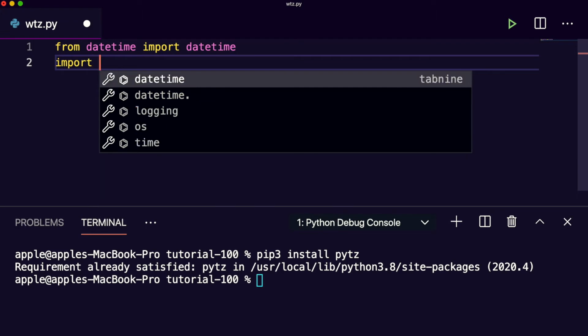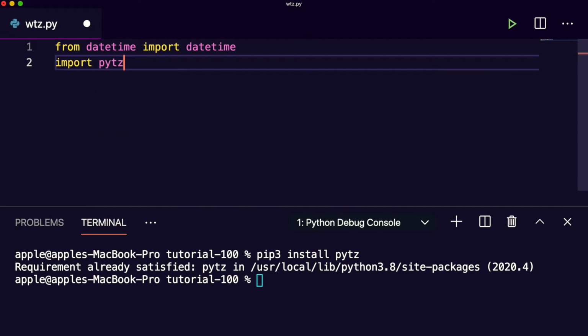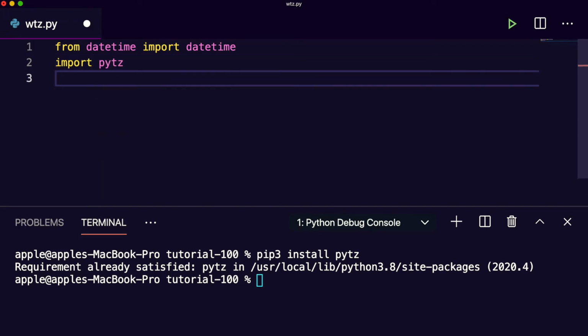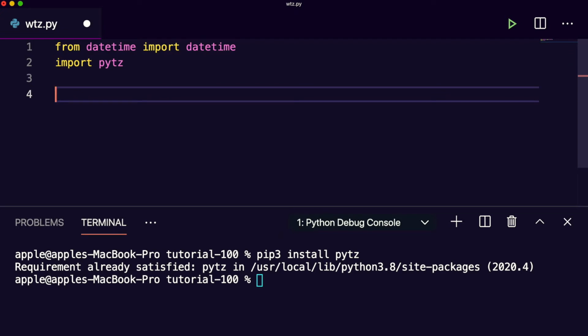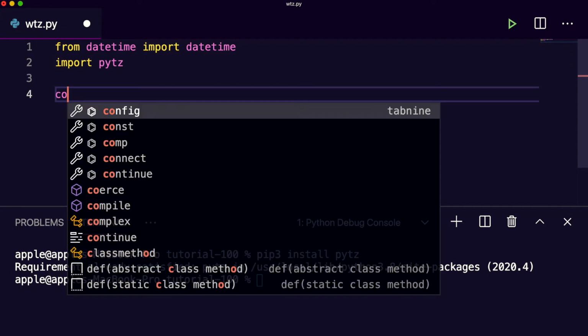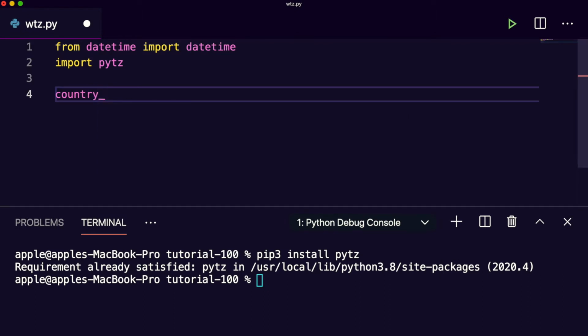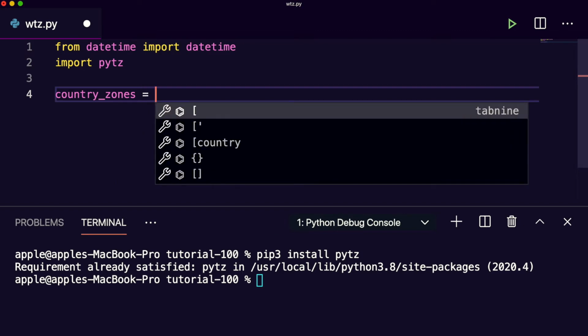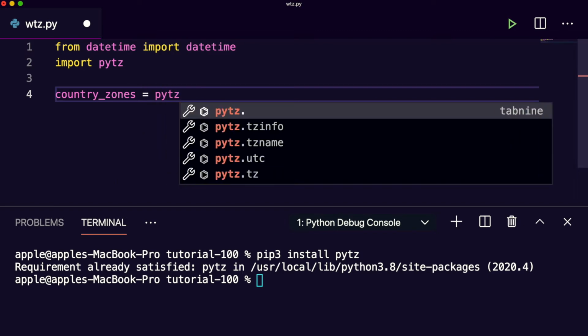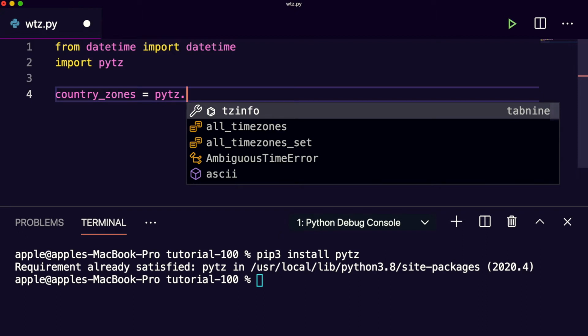After that, let me create the list of all the countries' time zones: country_zones. Another function is there, pytz.all_timezones, through which you can get all the time zones.